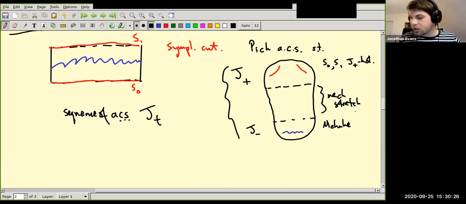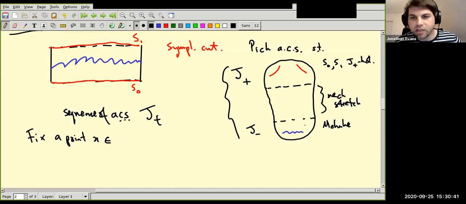Okay, so what am I going to do? I'm going to fix a point X in my Klein bottle. I'll probably alternate between calling this K and L because it's a Klein bottle and it's Lagrangian, and I can't keep track of which letter I've used. So I'm going to fix a point X in the Klein bottle, and I'm going to look at